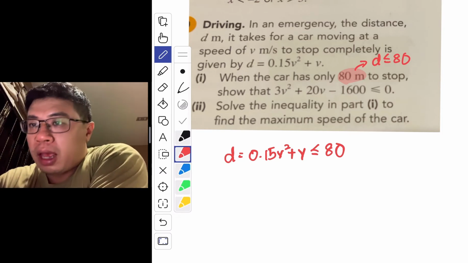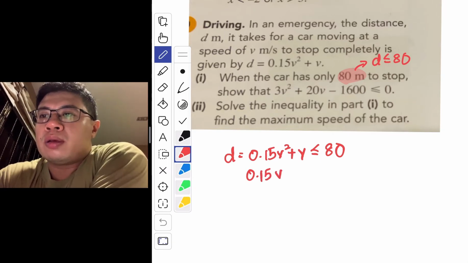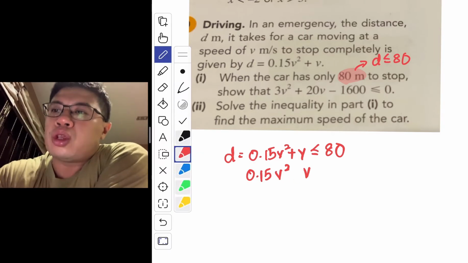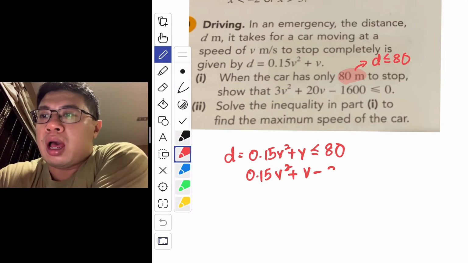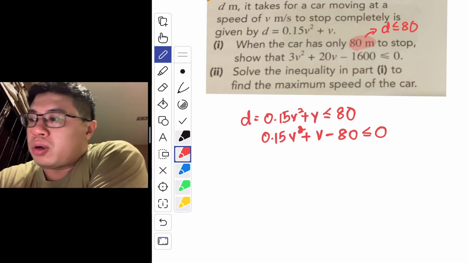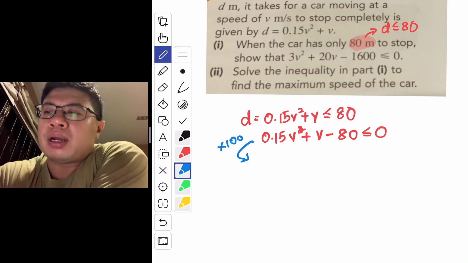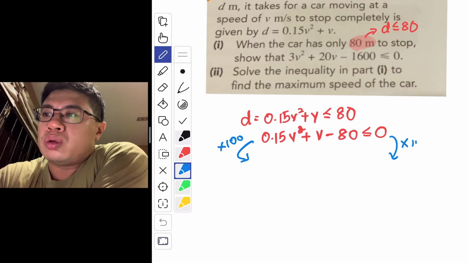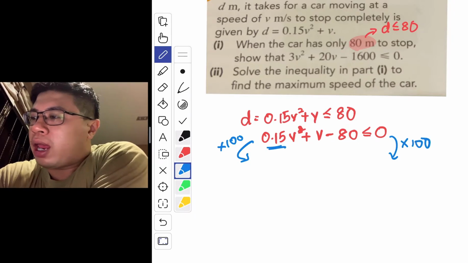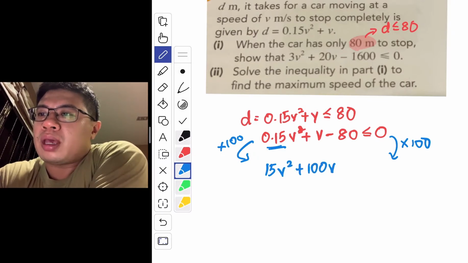Okay, and after that, you have 0.15v squared. Remember I told you, the 4 steps: you always make the right hand side 0, you ensure that the coefficient of v squared is positive, and third step, you factorize and try to find the x-intercepts. Now this looks quite challenging, so maybe I'll multiply by 100, just to get rid of that decimal number. So here 0.15v squared, I end up with 15v squared, 100 I get 100v, 80 I get